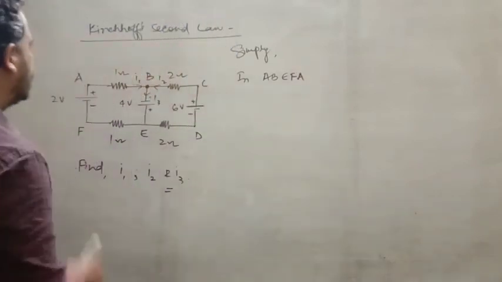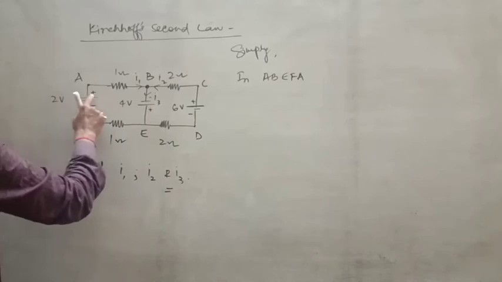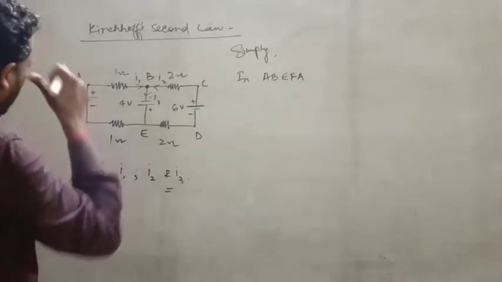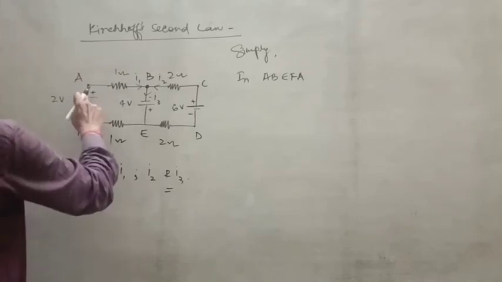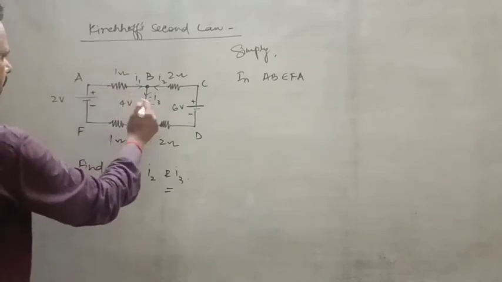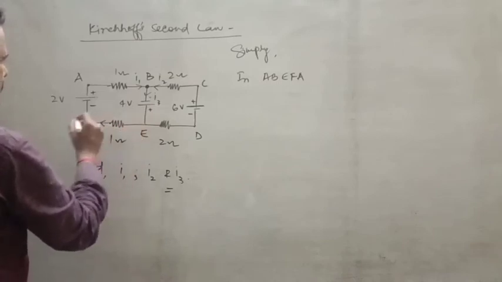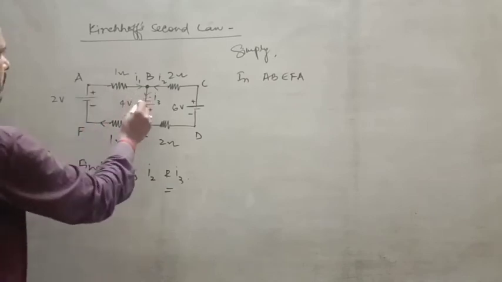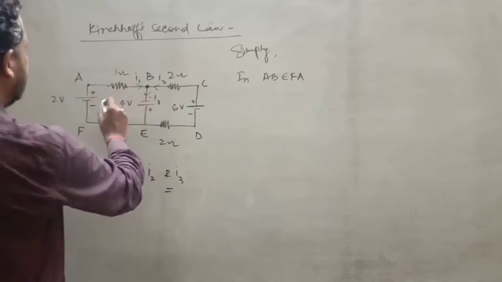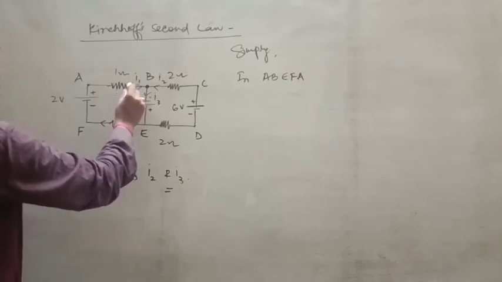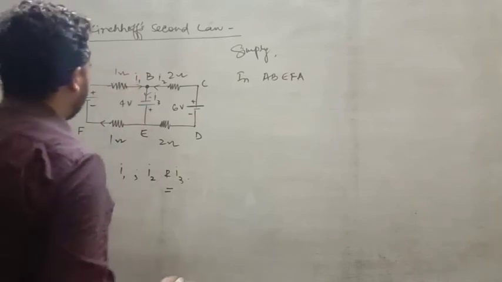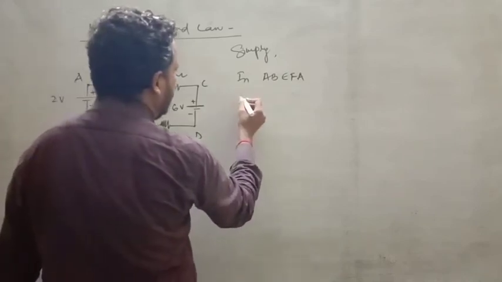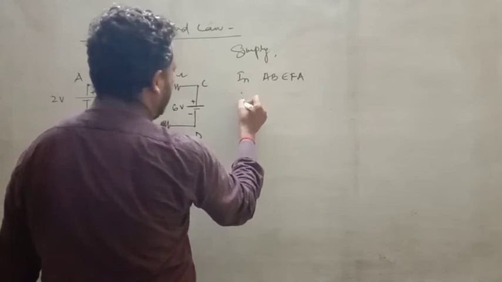So in this loop A, B, E, F, A, you are seeing that 1, 2, 3, 4 components be there. Okay, what about the direction of current? Current is flowing from here in this direction, from here also in this direction. So I3 current be there, I1 current be there. So you just consider this one. So at this place there is I1R, so R be 1, and you are going in the direction of current, so that would be positive, so that is 1 into I1, so simply it's I1.